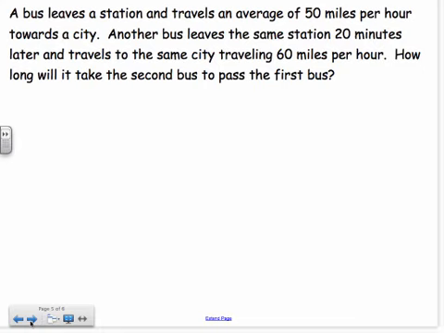So you can skip ahead. I'm going to go through it just so it's on the video, but you can skip ahead and we'll worry about this later. But it's very similar to what we've done before. If you look, we got 2 buses leaving the train station. One leaves 20 minutes later